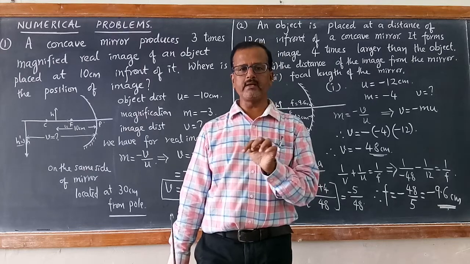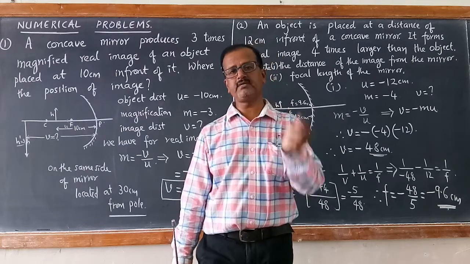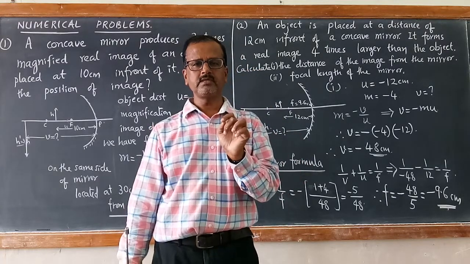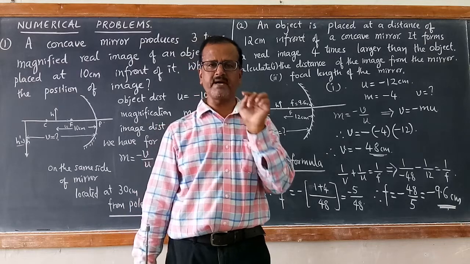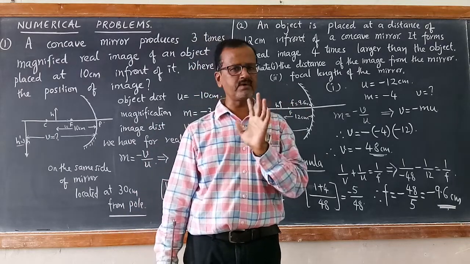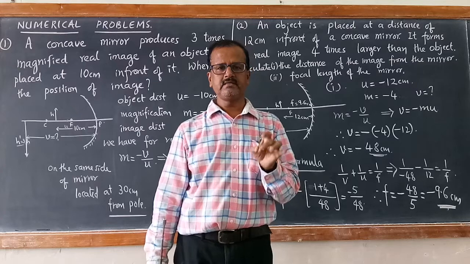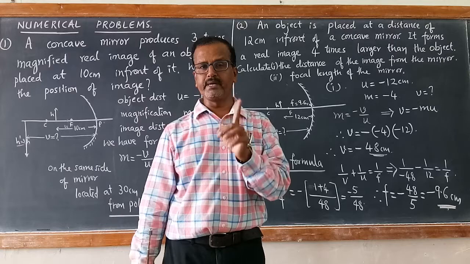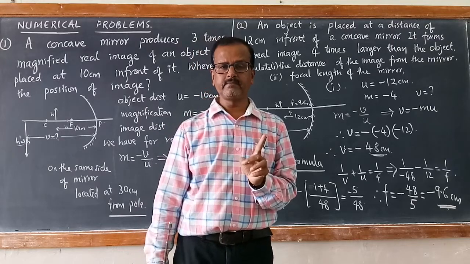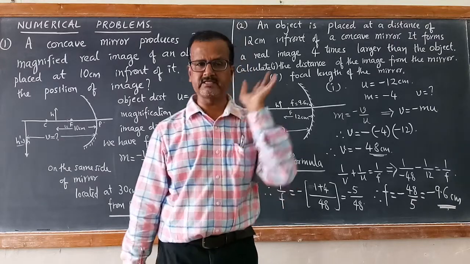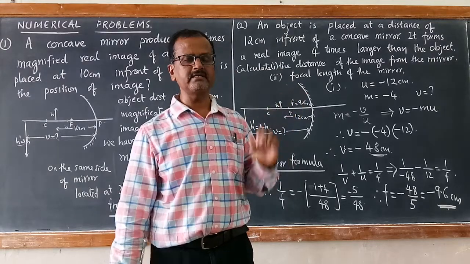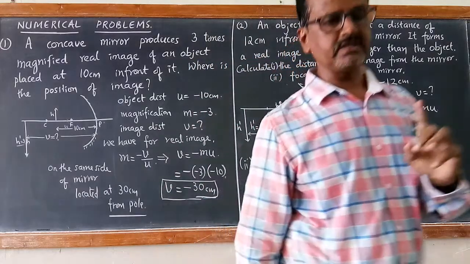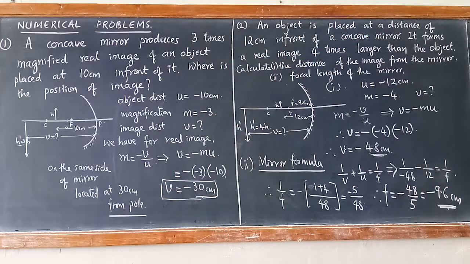So N21, if I write the refractive index of the second medium with respect to the first medium, is equal to sine of angle of incidence by sine of angle of refraction. This is one definition. Second one is refractive index is also defined as the ratio of speed of light in the rarer medium to the speed of light in the denser medium. So we stopped at this point in the last session. Now let us continue this refraction and we will solve some numerical problems.